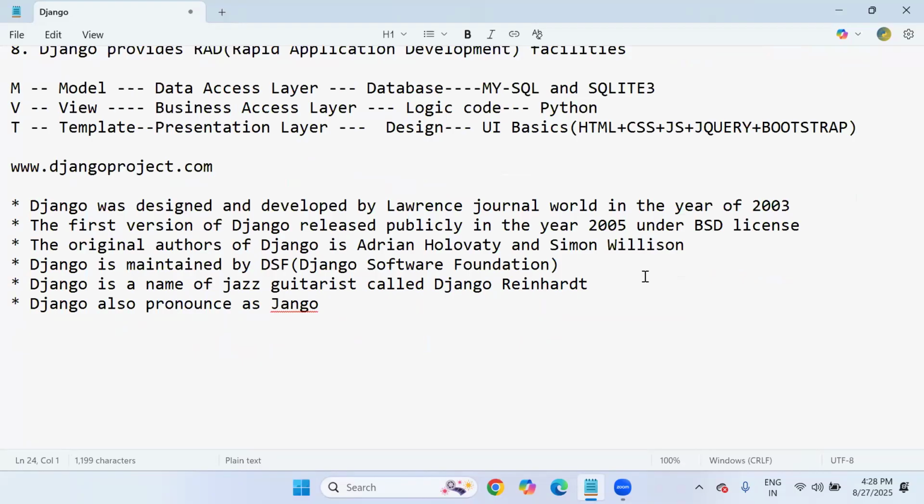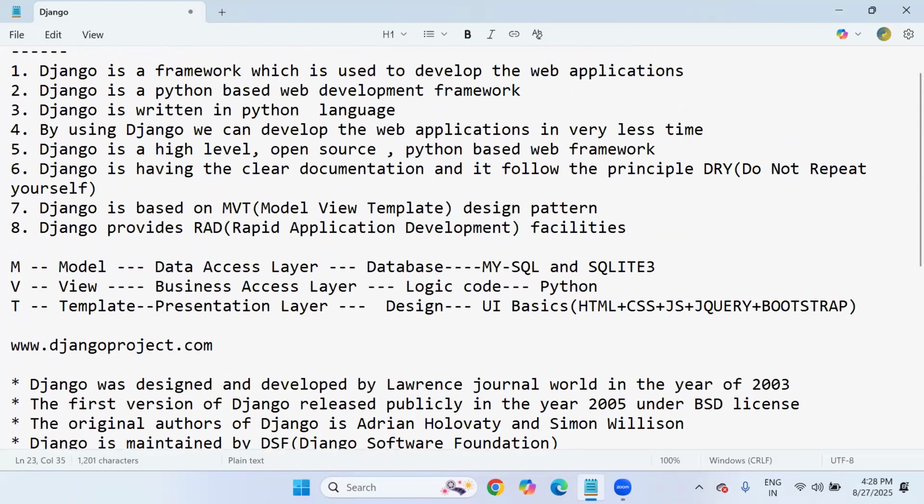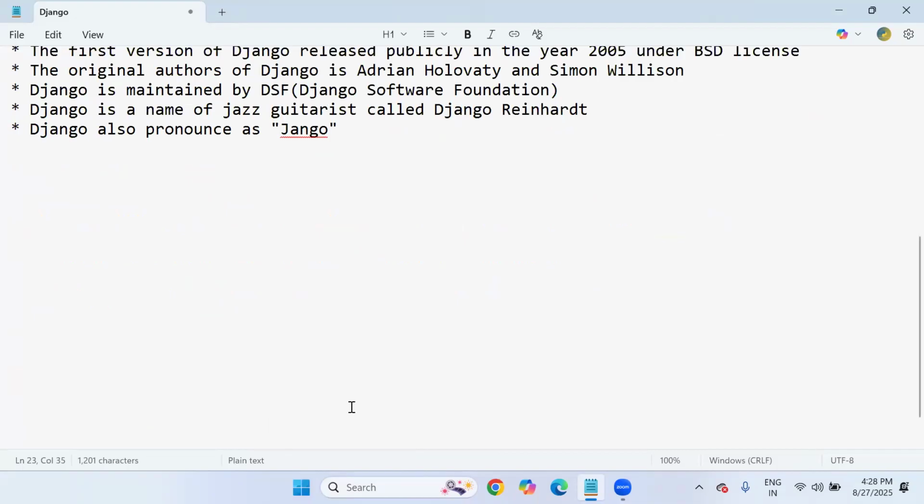Next, in the Django development process, for what purpose are we going to use Django? Web application development purpose, right? Yes, web application development. But in the web application development process, every Django programmer or developer must have some technical terminology, because every day we are going to spend time on the technical terms. So first of all, what is a web application? Because through Django we can develop web applications.